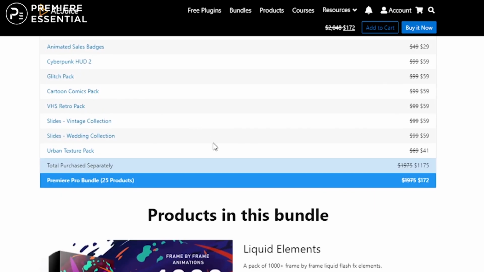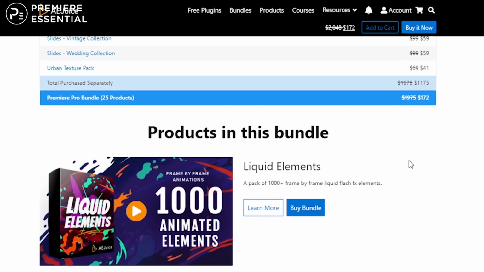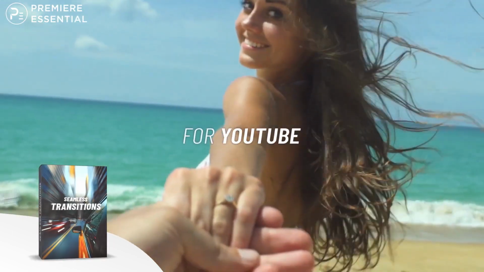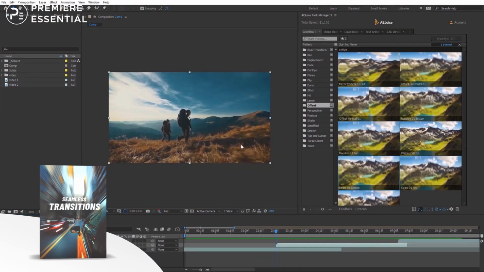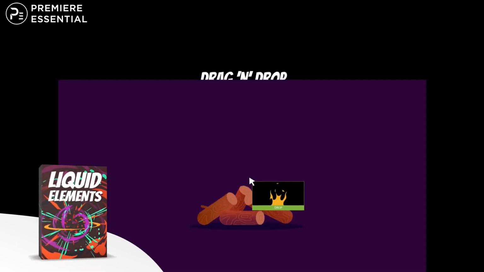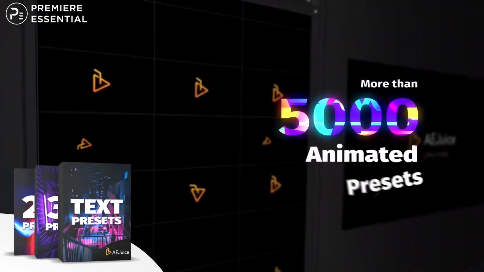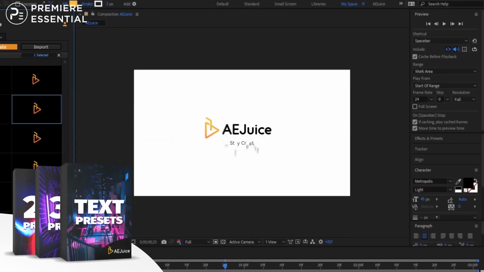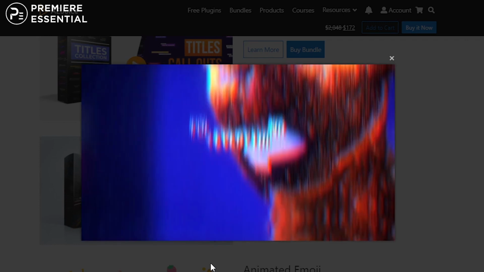Also you can see all the previews on their website, and you have to pay one time to access any pack, any cinematic HUD or any other. If you want to download all the bundle, you have to pay only $149 for lifetime access, and you can easily use all the templates, all the presets, all the flat icons, all the digital assets from the AE Juice website for lifetime by paying only $149 for lifetime access. And you can also check out all other previews, like all other packs for Premiere Pro,